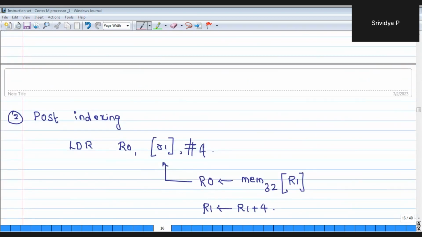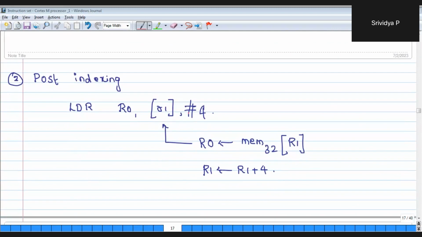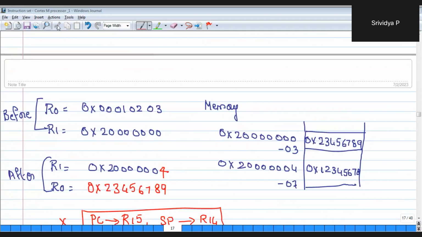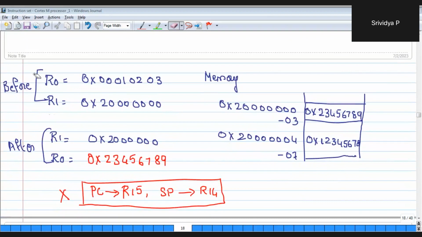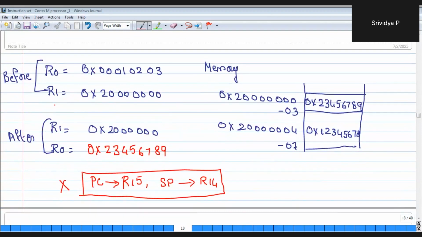The next one is post-indexing. In post-indexing, the offset is not mentioned within the brackets, it is mentioned outside the brackets. When we write it like this, the operation that is performed is that the contents pointed by the R1 register are moved into R0. The 32-bit value starting with the base address pointed by R1 is moved into R0. After moving, R1 is incremented by 4. Say for example, before execution, you assume that you had this value in R0 and this value in R1. Upon execution, after execution, R1 will become